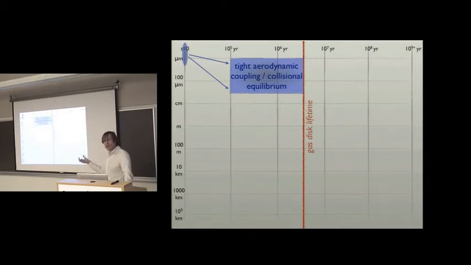You still have micron-sized particles. Not everything has grown up to larger objects. So you're sort of filling in this blue area here. And the physics here is basically tight coupling, aerodynamic coupling between these small particles and the gas that's present. And maybe there's some kind of collisional equilibrium that's both enabling you to grow to larger sizes while maintaining the